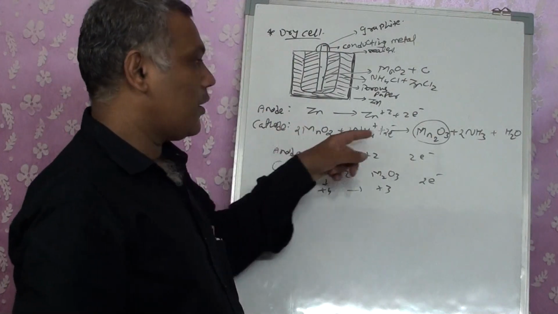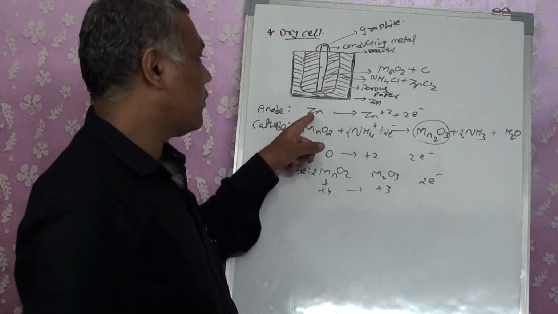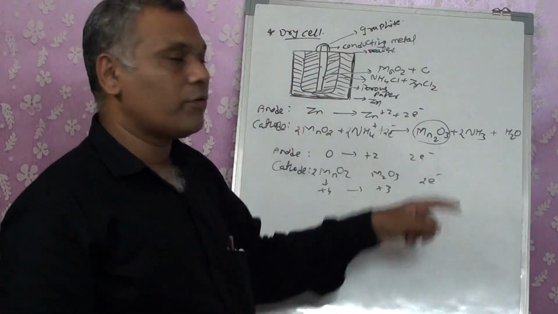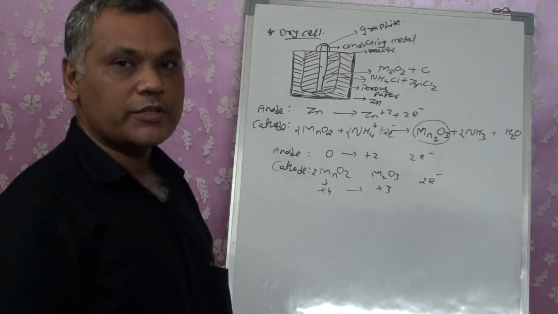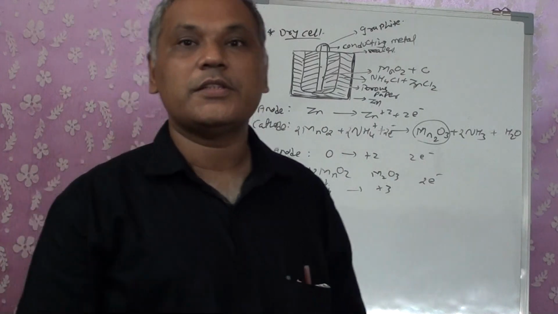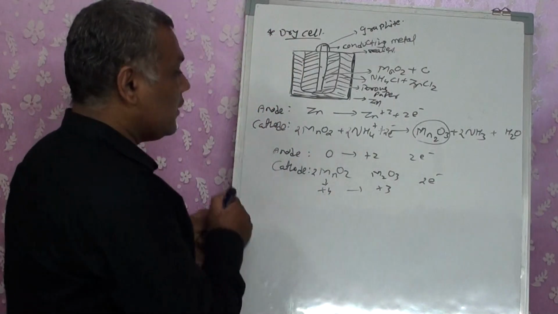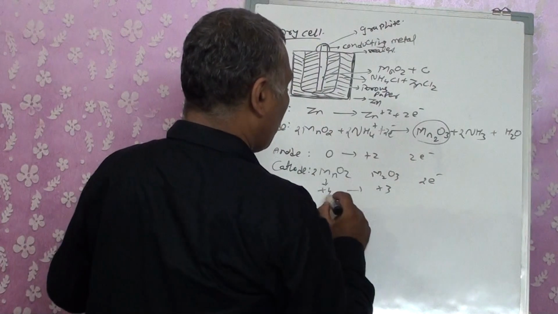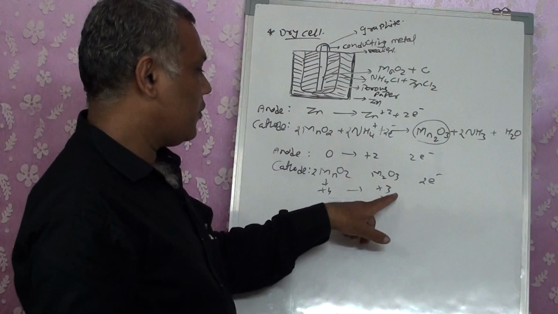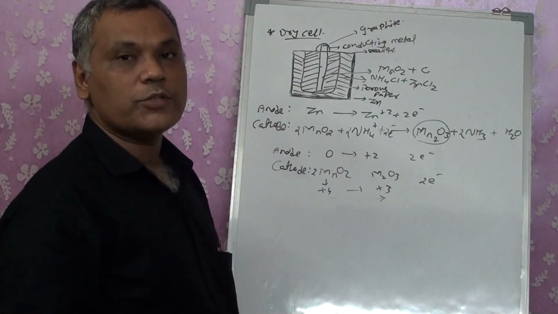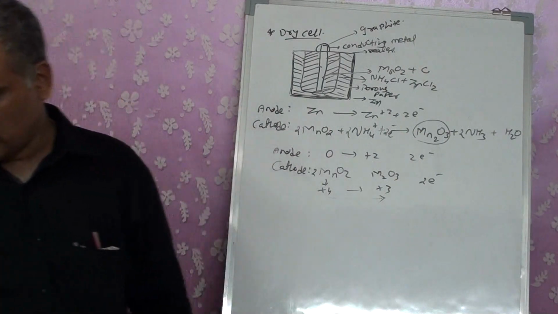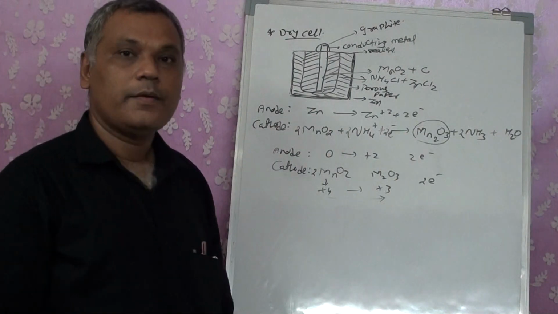This is the working of it. Now during this case, Zn is converted into Zn2+ and Mn is converted from +4 to +3. Now why is this cell considered non-useful once it is used up? The reason given is that once the electron transfer from +4 to +3 has happened, by reversing the terminal you can't convert +3 into +4, and that's the reason why it cannot be reused once it is used, right?